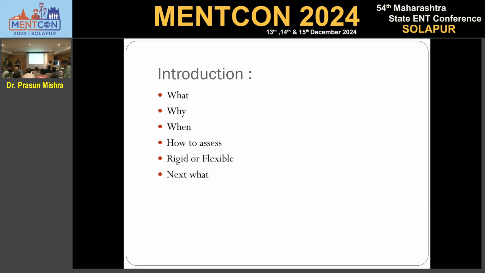Which I get is you put the strobe inside and you see whether mucosal waves are present or not present. This is the most common thing which we are seeing, but there is much more that we see in a stroboscope compared to just mucosal waves. Just seeing mucosal waves and saying mucosal wave is visible, all of us can see. Even a non-ENT surgeon, if you show them the stroboscope, he will see mucosal wave and he'll say yes, present